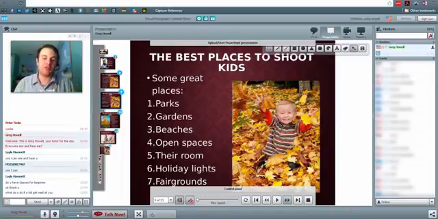One of my favorite places, if you live in a place that's got water, whether it's a lake or an ocean, beaches are awesome to shoot at. You can do all kinds of stuff at beaches. There's usually things around on the ground. There's sand. The kids are going to naturally just have fun at the beach. And if you're willing to kind of just walk with them and be around them a little bit, you can get some great